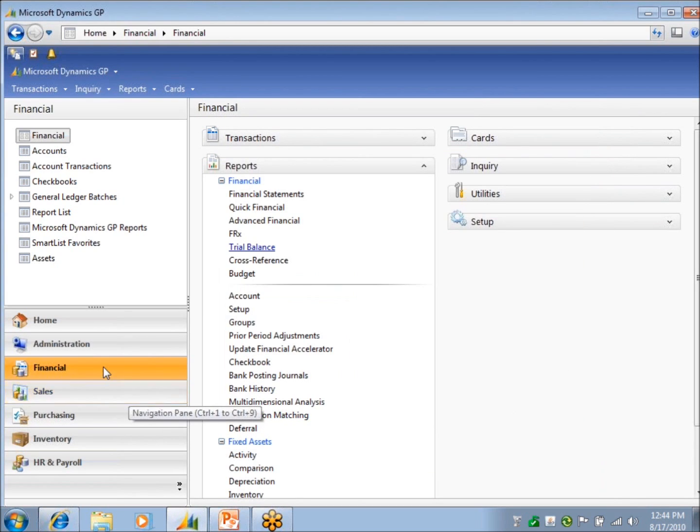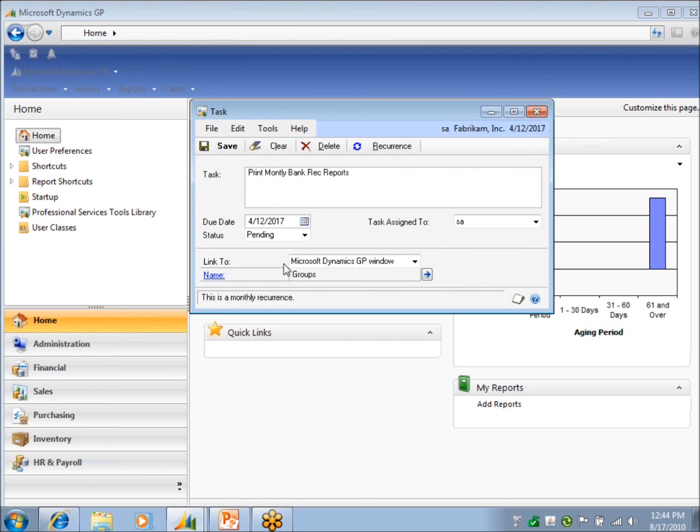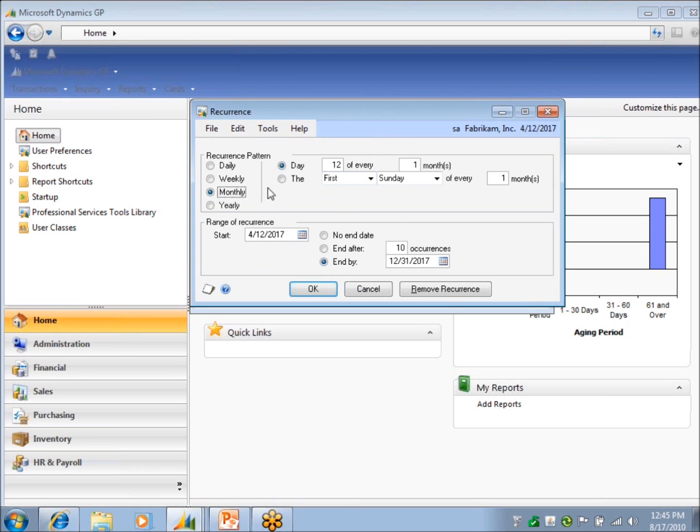And what I've done, and this is just whatever, I've set up a task for me. I don't know if you guys use your home pages or tasks or anything like that. And I put a reoccurrence to print my monthly bank rec reports, which includes my undeposited and my cash details. So that's the first thing that I want to do, is my task here to print out my reports that I'm going to use before I even start reconciling. And when you set up a task in GP, you can do a reoccurrence. And I've got this to print to